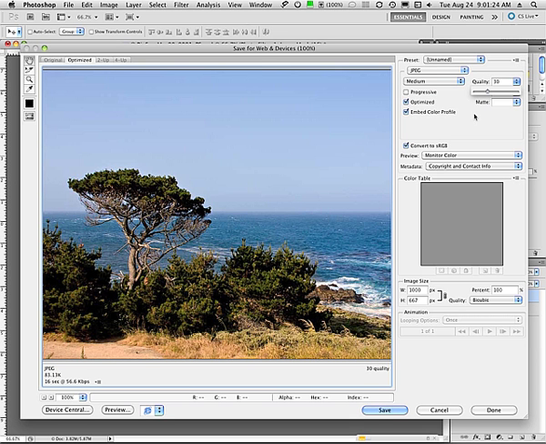It still looks good. So what you want to do is bring your quality down as low as you can until the image starts to look bad, and then you take it up a little bit higher. Okay, so I'm going to leave this right now at 21. The next thing I'm going to do is click on this little button that says Embed Color